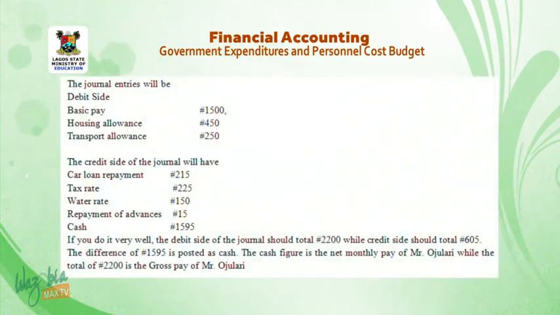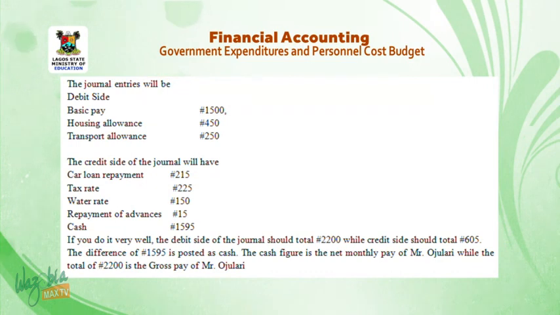The journal entries will look like this. Debit side, basic pay 1,500 naira. Housing allowance 450 naira. Transport allowance 250 naira. The credit side of the journal will have car loan repayment 215 naira. Tax rate 225 naira. Water rate 15 naira. Repayment of advances 15 naira. Cash